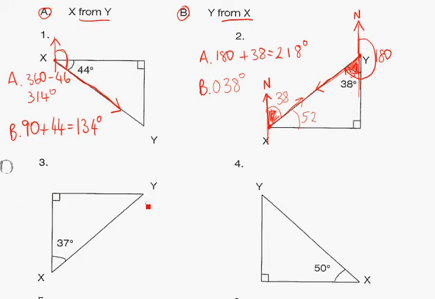Question 3, part A. Want the bearing of x from y. So I'm standing on y, looking north, about to turn myself clockwise through 180 plus this angle down here. So A will be 180 plus, now this angle, you can probably see once again, is going to be alternate with the 37. It's on alternate sides of that hypotenuse, which is a transversal line for these two parallel lines here. So it's going to be 180 plus 37,